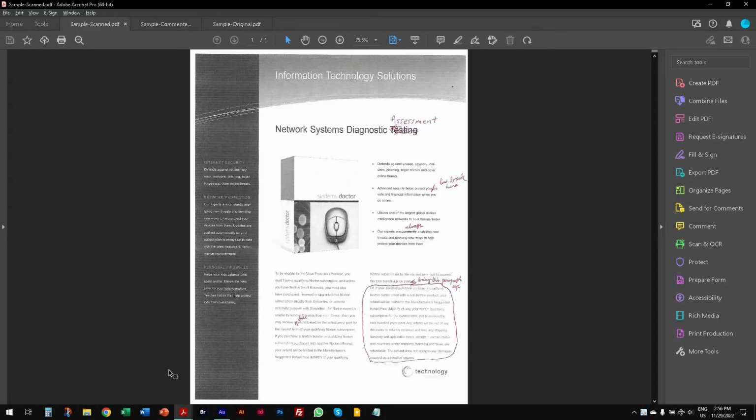In this example, you can see that this document was printed out, marked up by hand, and then scanned back into a PDF. This is troubling for a number of reasons, but mainly because someone's handwriting can sometimes be hard to read. It's also more time-consuming since you have to print and scan a document.